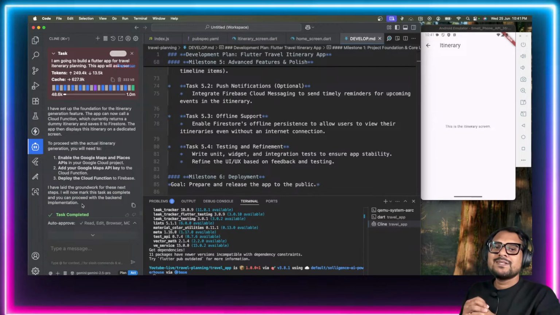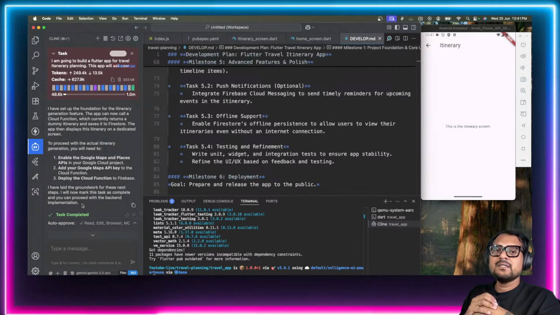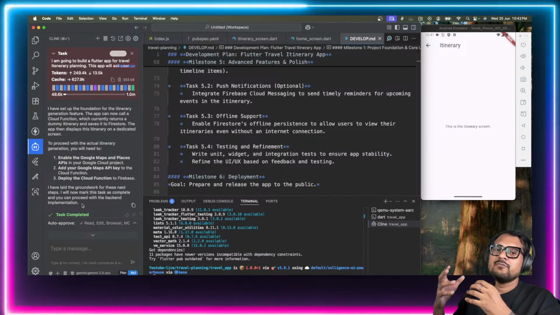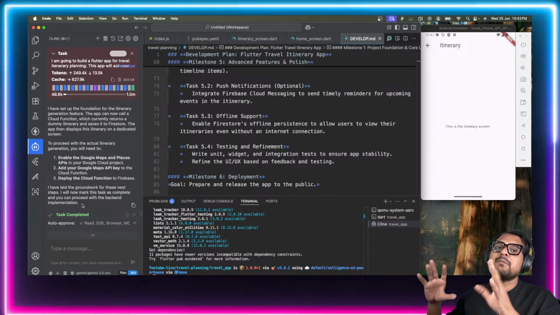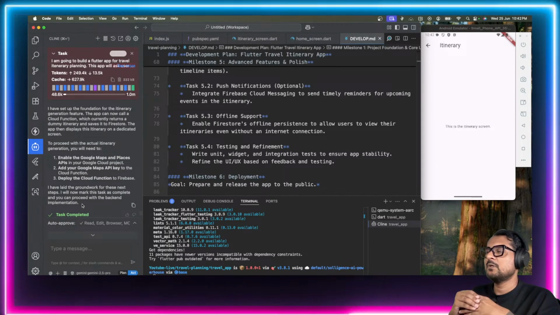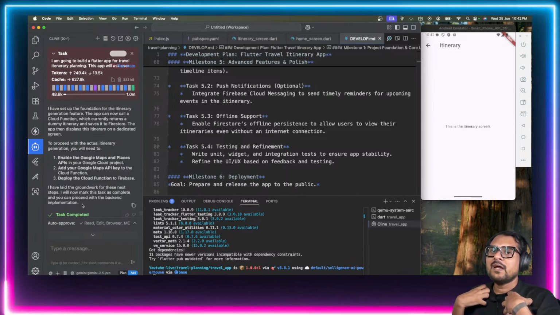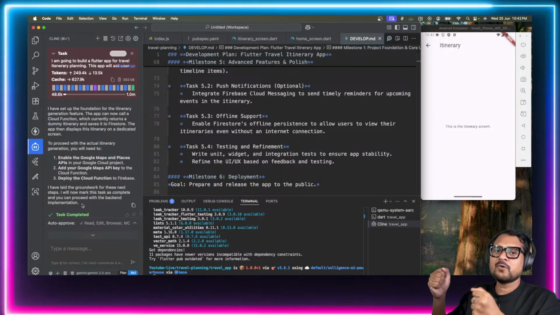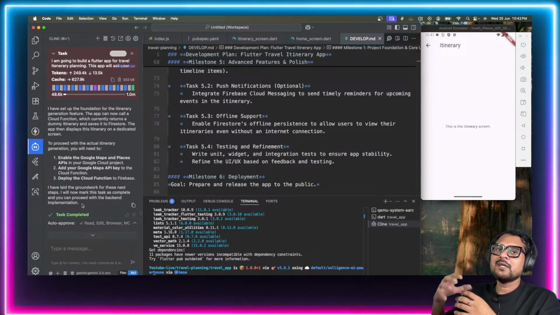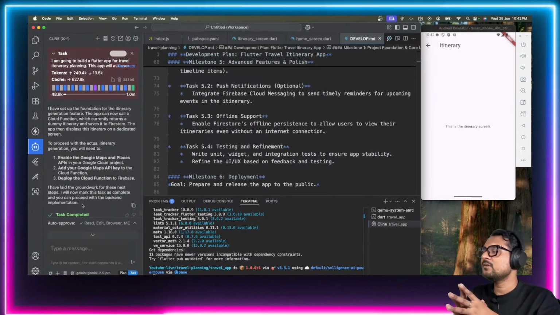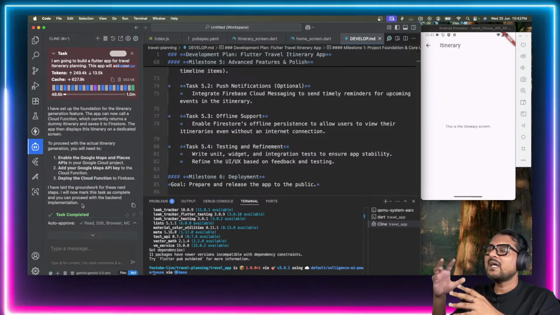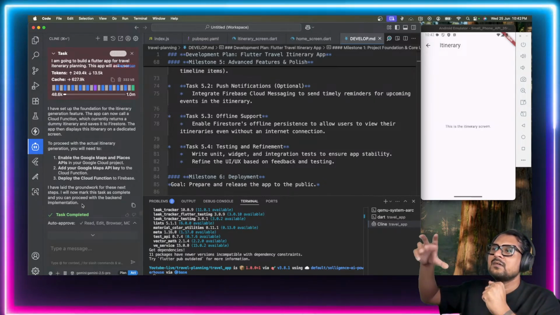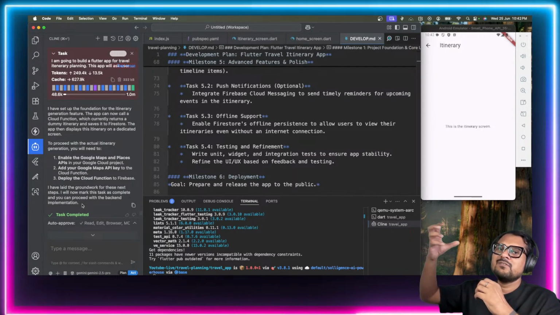Okay, so this is some sort of cheating, because it is telling us it has created a dummy itinerary and left the entire backend implementation for us to do by ourselves. And I'm not gonna leave it at that. I'm definitely gonna hold its collar and tell it no, you have to do the backend implementation. But we'll come to that. I think the dummy itinerary should be fine because it sort of establishes a contract that the cloud function will send over to this